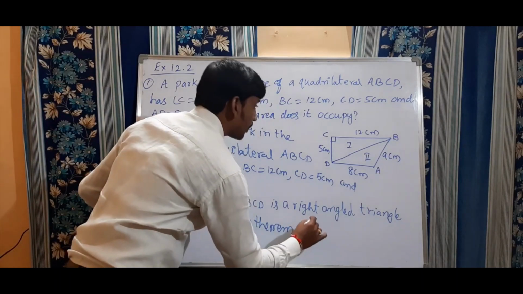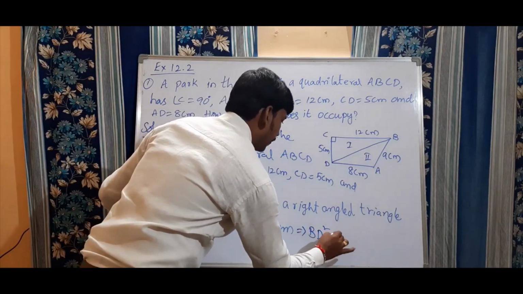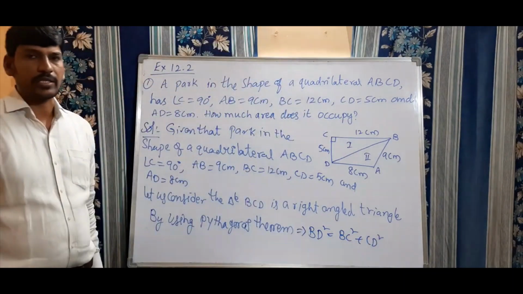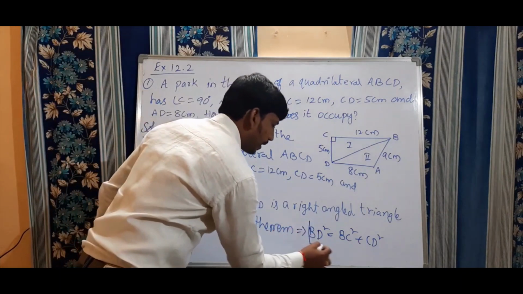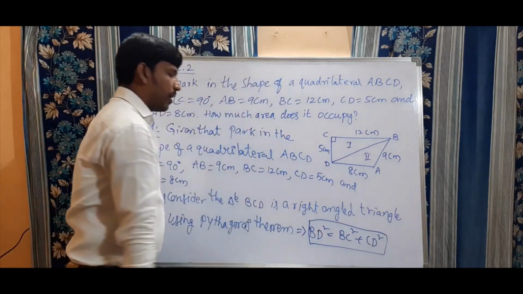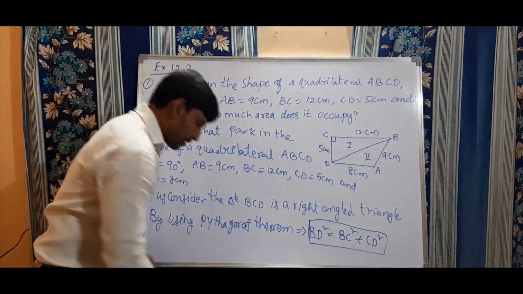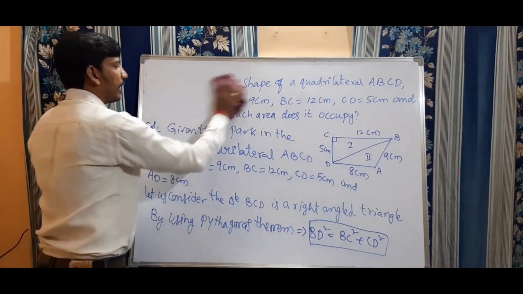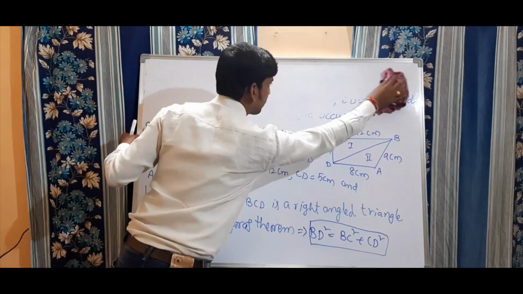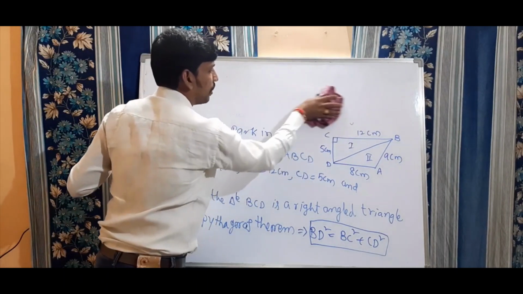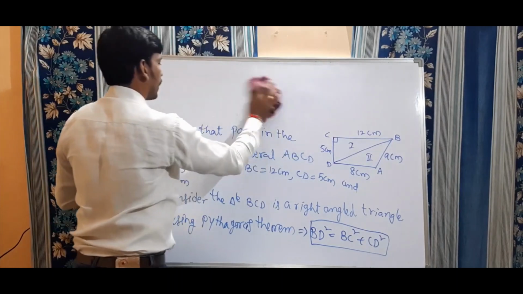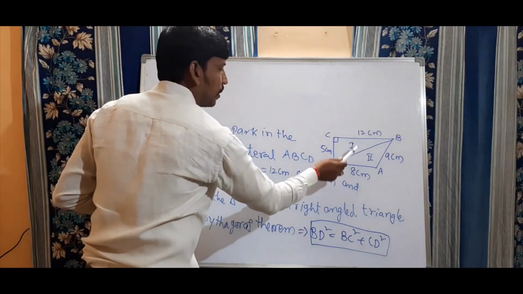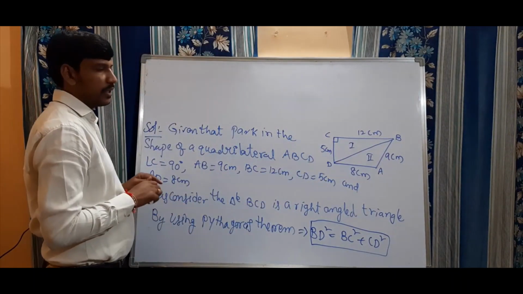Pythagoras theorem implies BD square is equal to BC square plus CD square. Already in earlier classes we discussed what the Pythagoras theorem is. So in this formula, we can find out the value of BD. Now see this here, substitute the values of BC and CD in that formula, you will get the BD value. Clear, my dears? So the Pythagoras theorem says that hypotenuse square equals side square plus side square. Generally, in a shortcut way we can say that in a right angle triangle, hypotenuse square equals side square plus side square. That is the Pythagoras theorem.